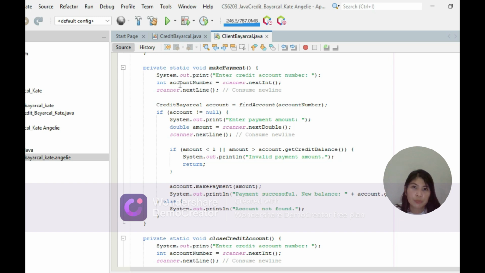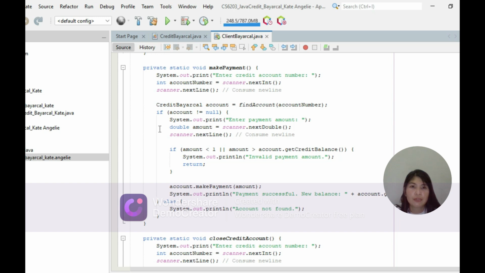So System.out.print("Enter credit account number: "); int accountNumber = scanner.nextInt(); scanner.nextLine();